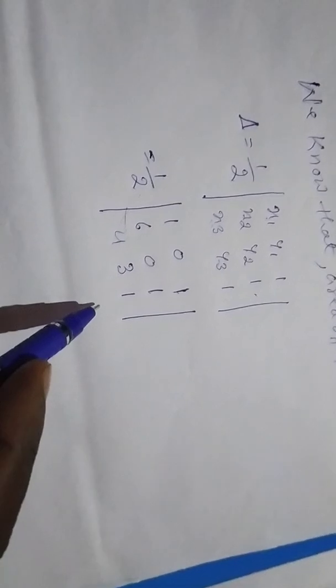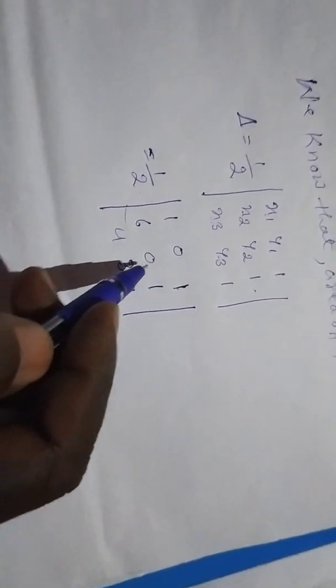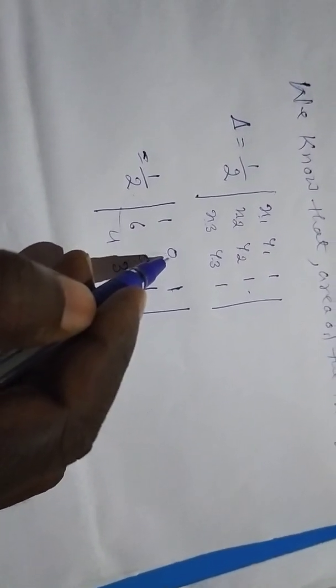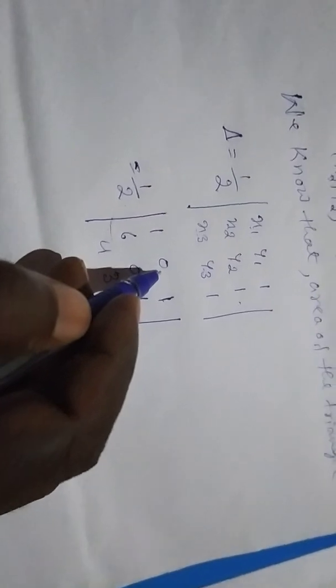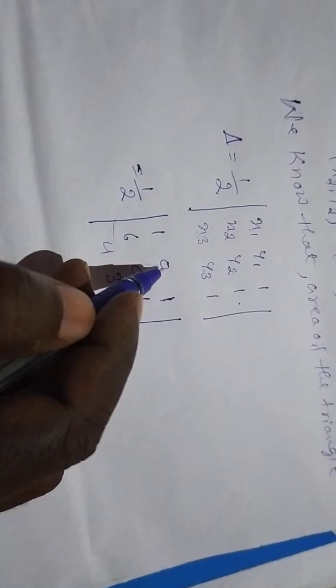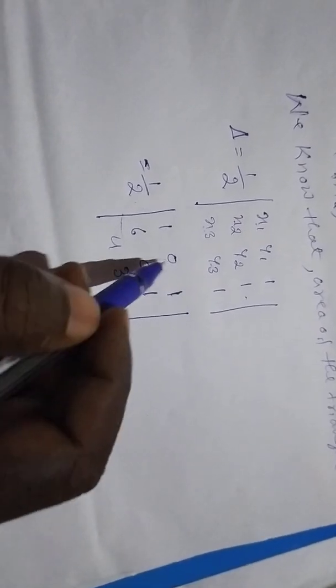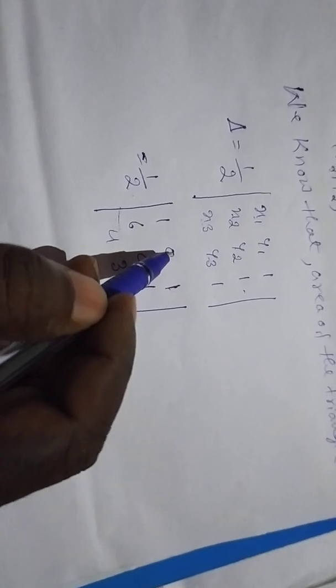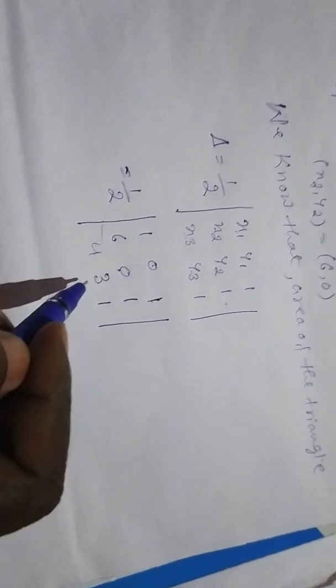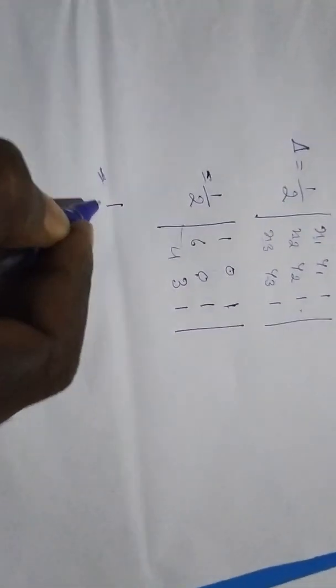You have to expand this determinant along R1, R2, R3, or C1, C2, C3. I am going to expand this determinant along C2 because it has the maximum number of zeros. For easier calculation, we have to expand the given determinant along the row or column in which the maximum number of zeros exist. Here two zeros exist in C2. Hence, I am going to expand this determinant along C2. That is 1 by 2.